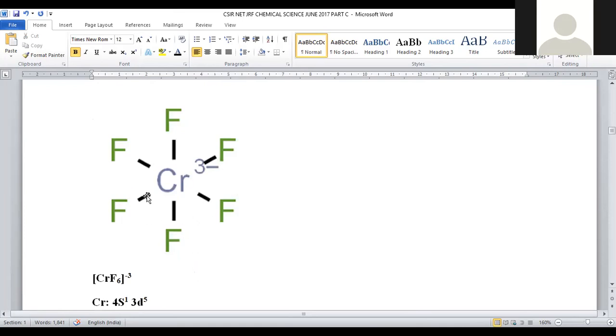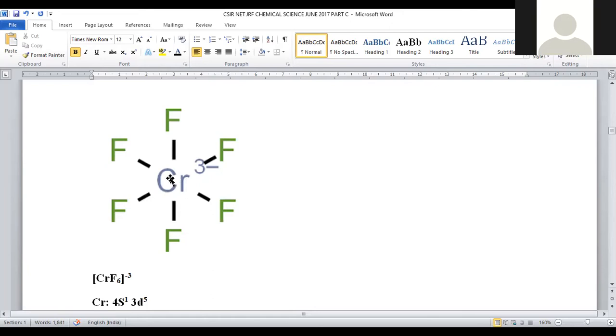First, let us discuss the chromium hexafluoro complex. This is the octahedral complex. Chromium is associated with a plane of symmetry. You can insert a vertical plane in this, a diagonal plane in this, a horizontal plane in this. In all the cases, you can bisect it into exactly 2 equal halves. Vertical plane is able to bisect the molecule into 2 halves. Diagonal plane also bisects the molecule into 2 halves. Horizontal plane also bisects the molecule into 2 halves. So here the plane of symmetry is the common symmetry element.